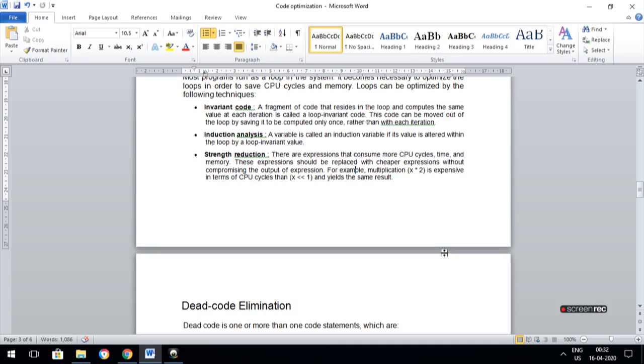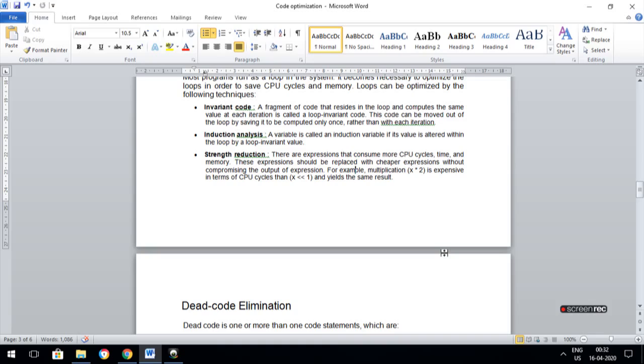Then another technique is induction analysis. Once a variable gets changed when you execute your loop, that is, it is altered within the loop.